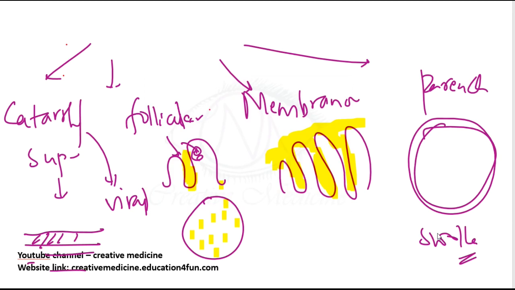Signs will depend upon the type of the tonsillitis, but overall there will be inflamed tonsils. If it is follicular, you can see yellowish spots on the tonsil. If it is membranous, you can see the membrane present on the tonsil. If it is parenchymatous, you will see swollen, enlarged tonsils. But whatever it is, you will see inflamed tonsils, with pillars, soft palate and uvula also inflamed.